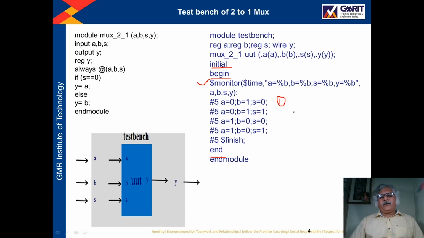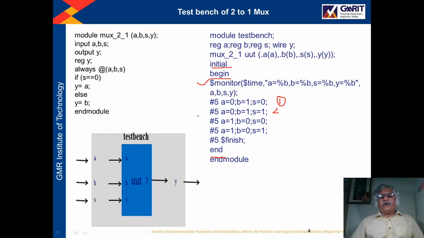So once the simulation starts, after 5 unit time from the start of the simulation, A will be assigned 0, B will be assigned 1 and S will be assigned 0. And with these input conditions, the output will be generated in the form of a wave.